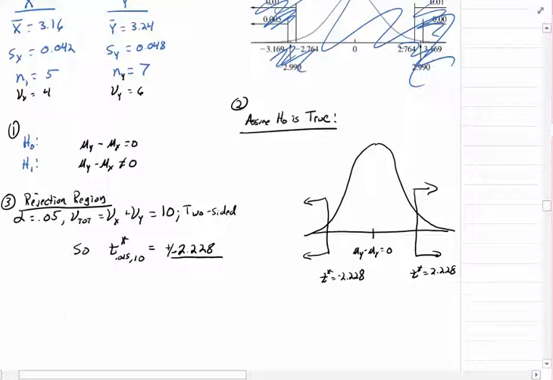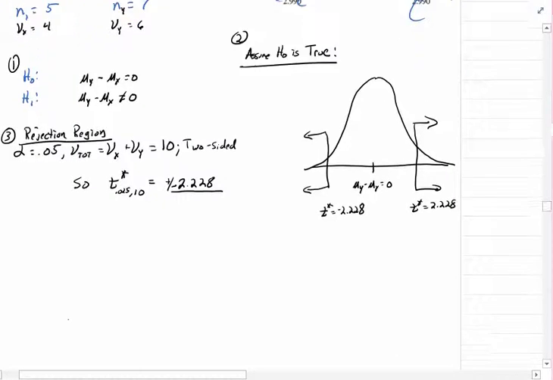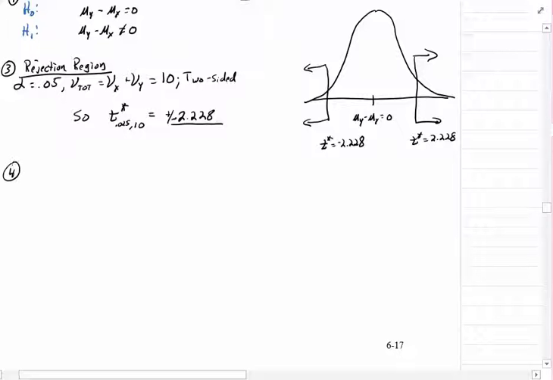So the next thing, now we need to calculate t, the t from our gains. And then we'll see if it falls in the rejection region or not. So to do that, we need